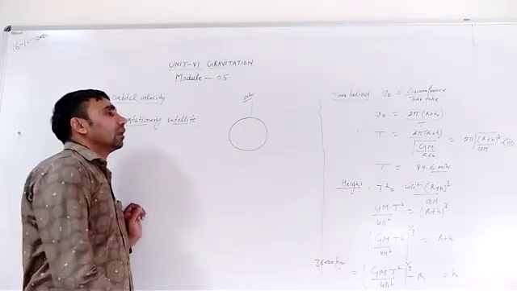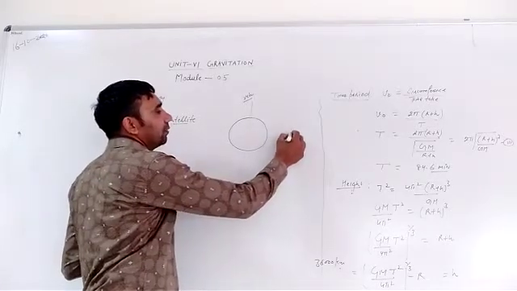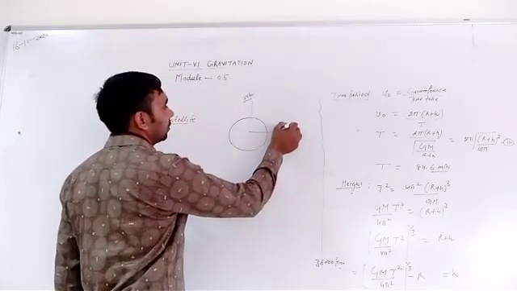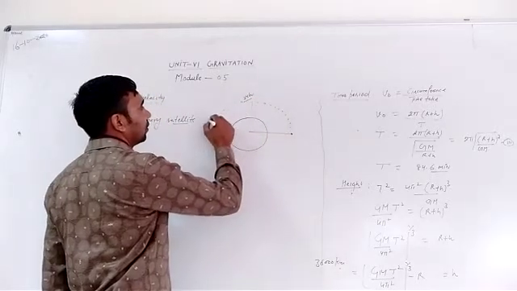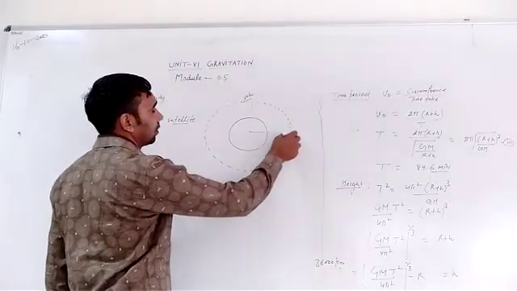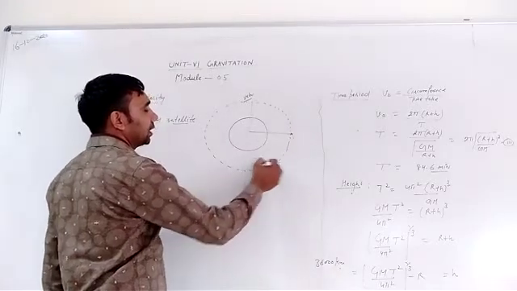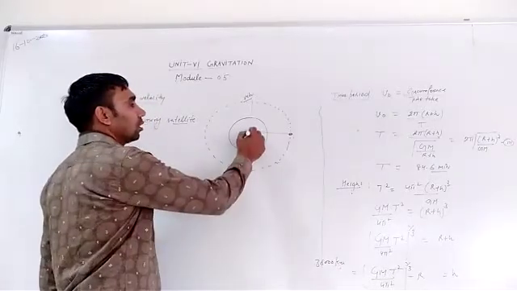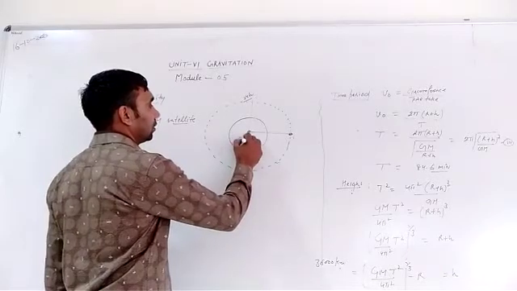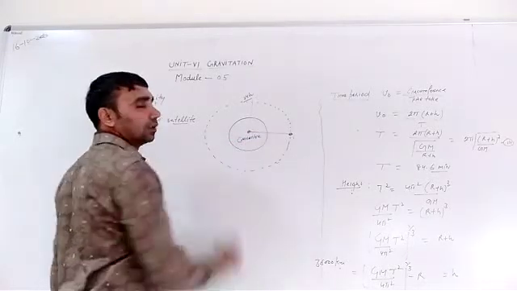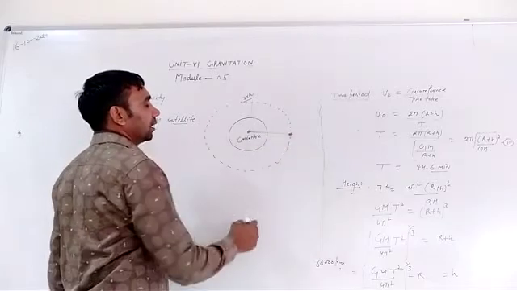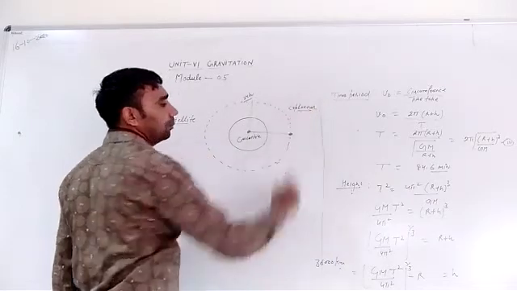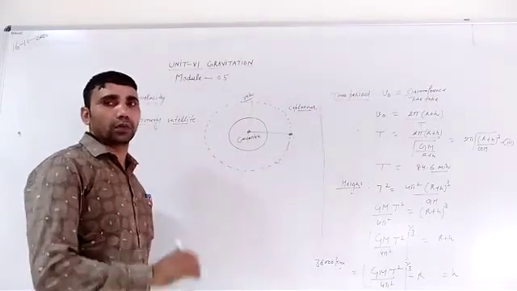The satellite is launched with the same angular velocity as that of the Earth. The center of the satellite and the center of the Earth are common, so it is called concentric. Next, coplanar means the same plane, with the same angular velocity as that of the Earth.